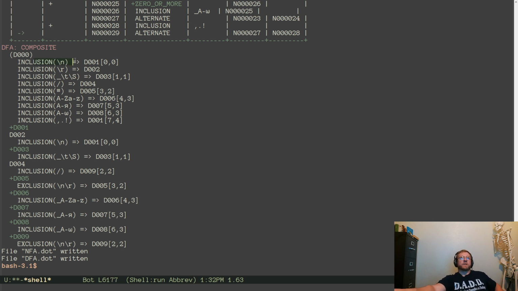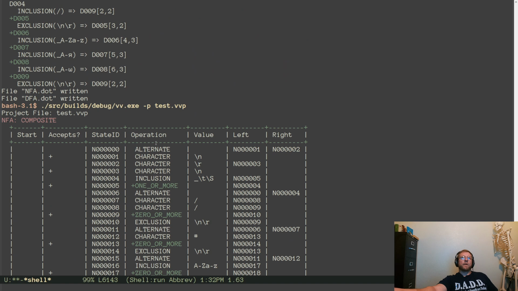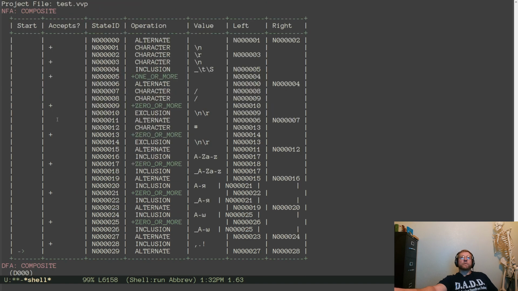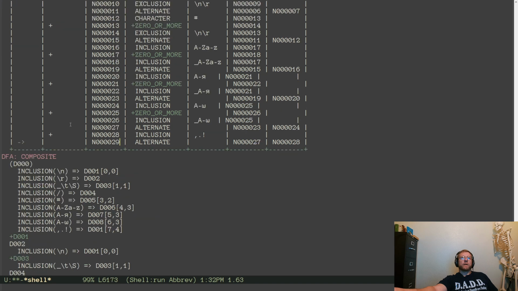Boom. So it's either a \n, or if we get a \r, we go to 2, then we look for \n, which goes back to 1, which must accept. Yeah. So on a \n, it's forced to accept. Oh, wait.